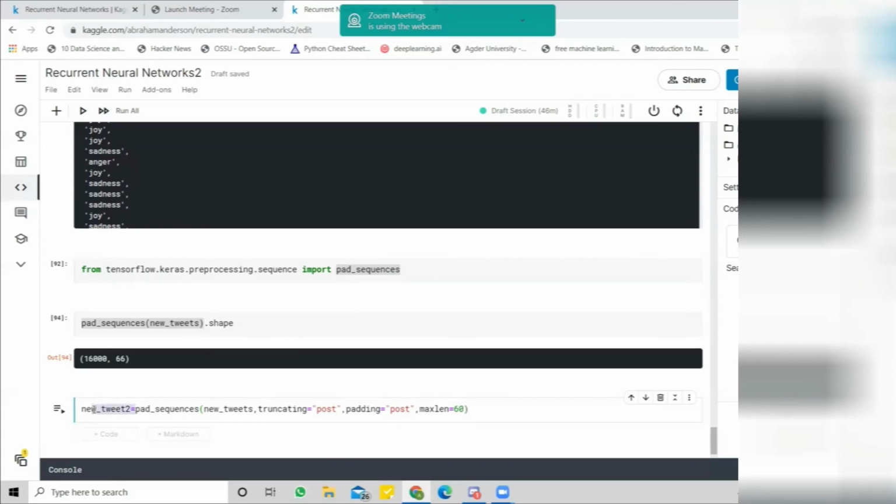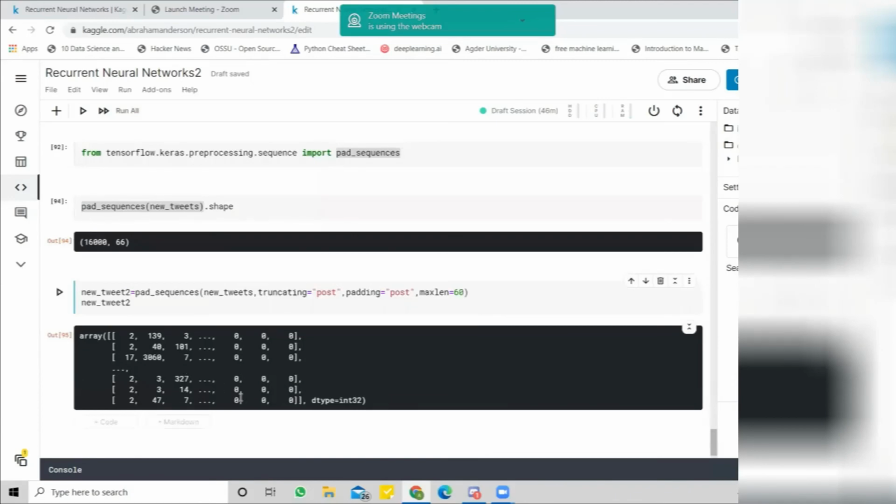Let's see these new tweets. Now we are dealing with our training data set, right? As you can see, these are the new tweets, these transformed tweets, and let's see the shape of it.